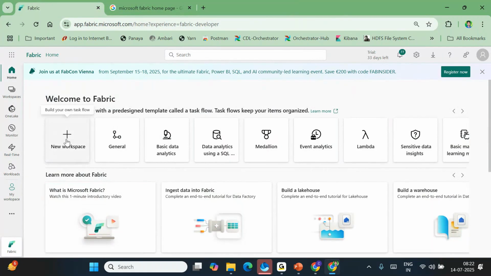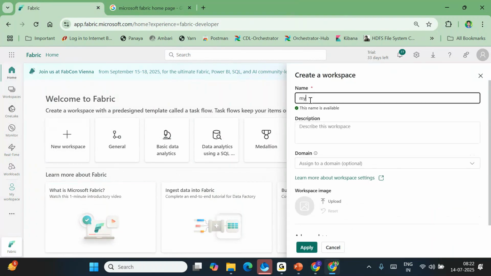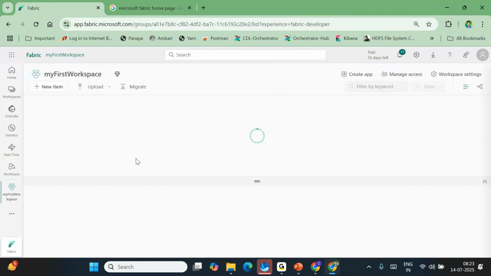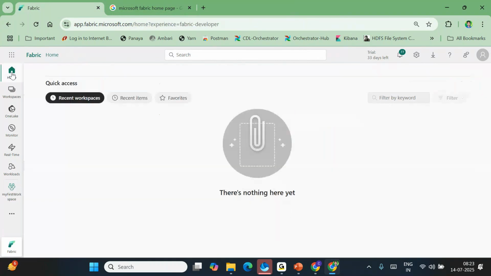and click on new workspace, let's say, my first workspace, click on apply. When you create my first workspace, where can I see my workspaces? Under home, when you click, you came here.